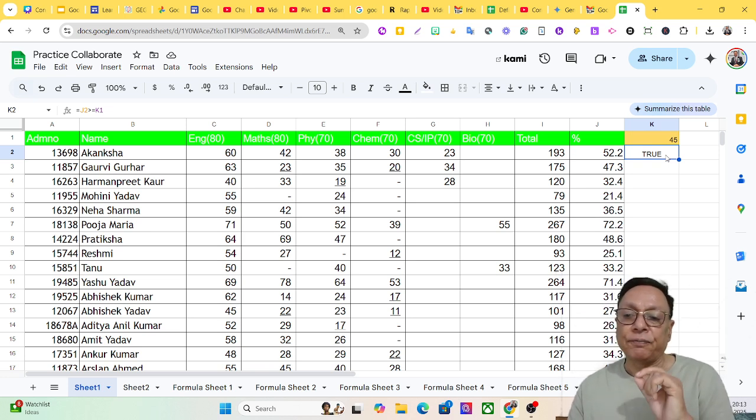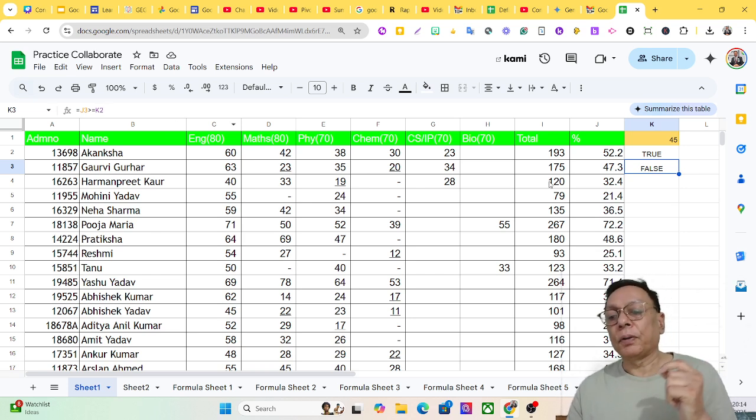But what happens, there's a flaw. When I copy this formula from this cell to this cell, the cell addresses are changed. Why? Because these are relative cell addresses. If I drag down a bit, it becomes false. Why? Because this is 45 and this is 47.3, which is greater, so this satisfies the condition. And if you click on this, it will give you J3 is greater than K2, but my condition was the percentage greater than the value put in K1, and that is why I'll have to make this reference